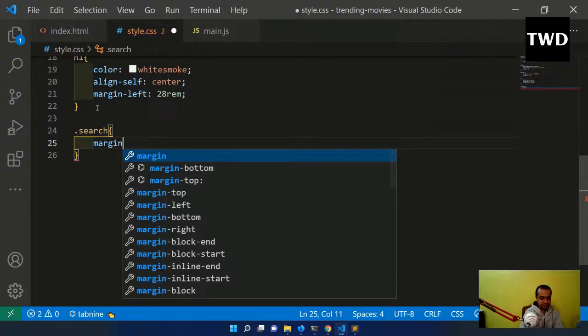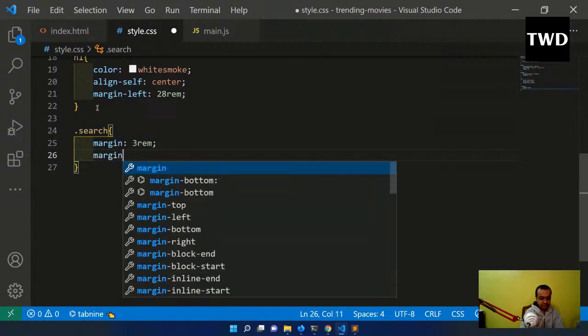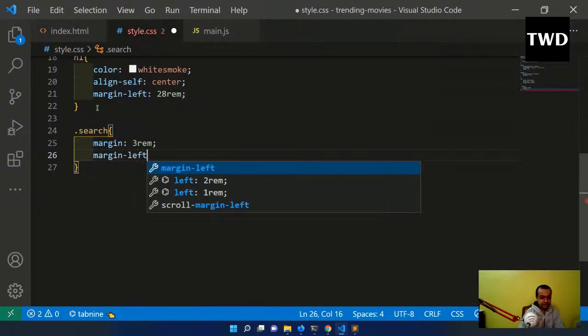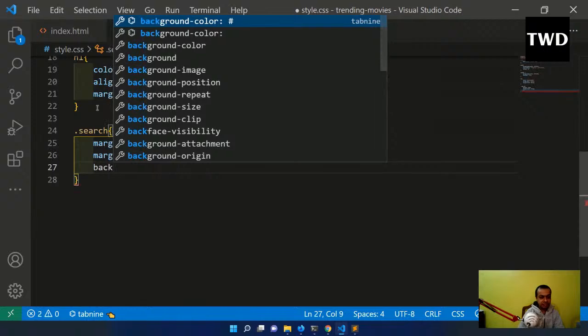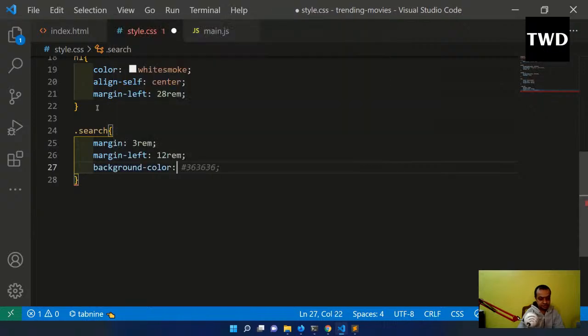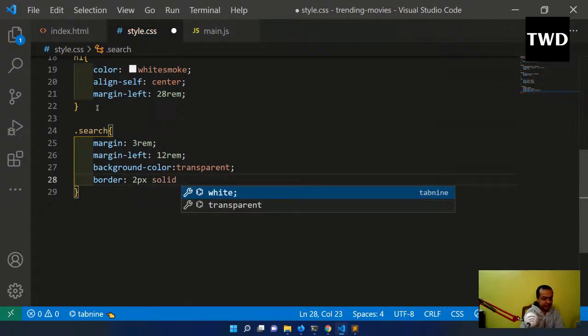Margin is 3rem, margin-left is 12rem, background color is transparent, border is 2px solid #e9ecef, and